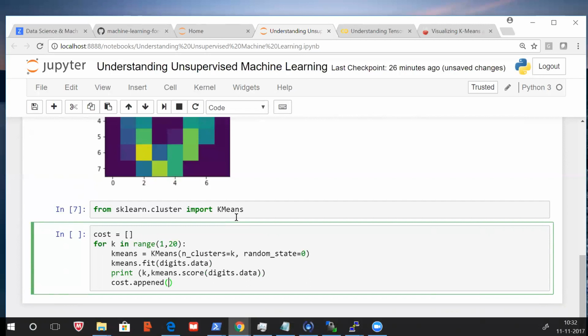Okay, the cost will come in reverse order actually. Let me first multiply by -1 into the cost. It is using the L1 cost by default, so it will actually come in negative. So this is just for the sake of plotting.